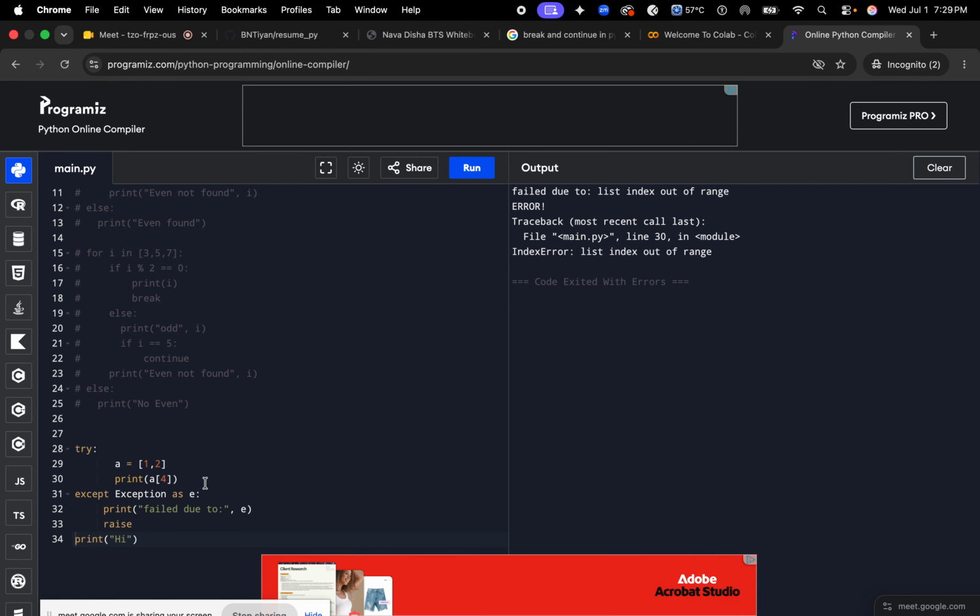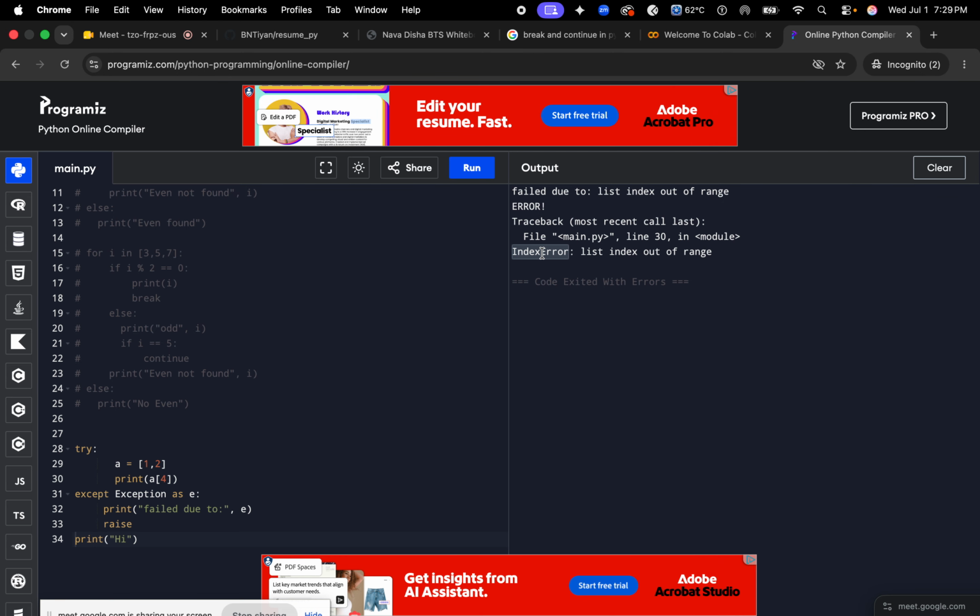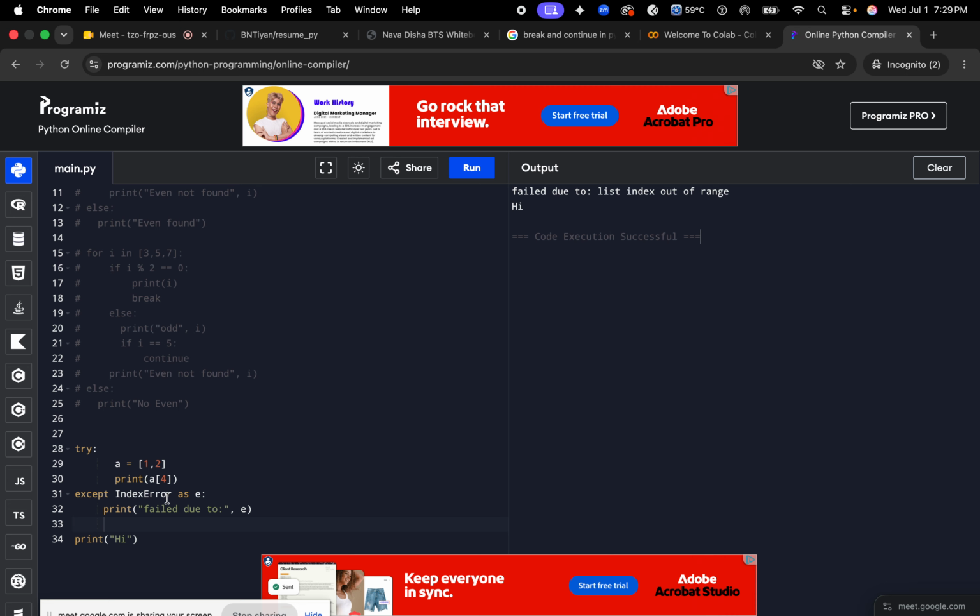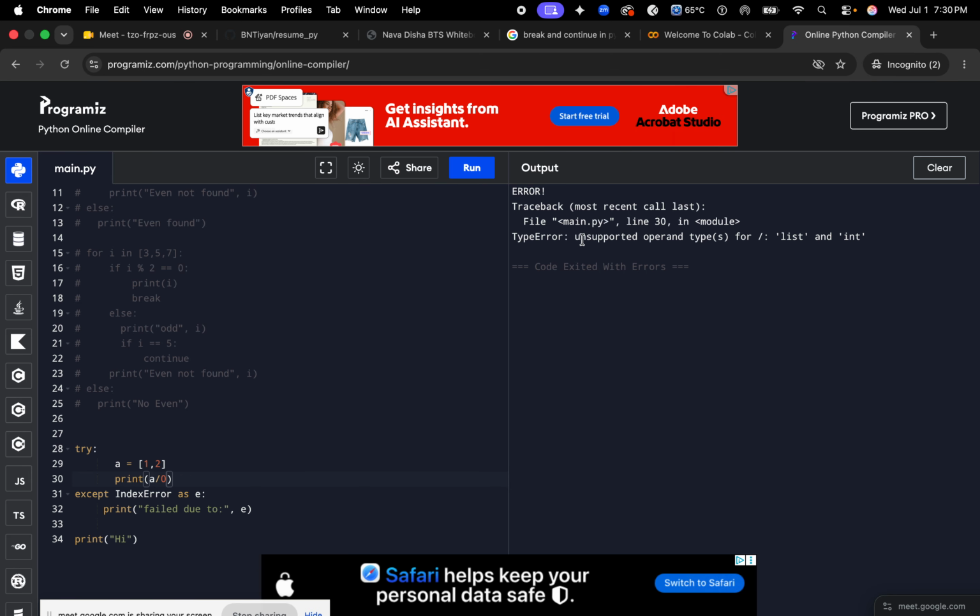So here, if you see, this is an index error, right? So instead of exception, you kept IndexError. Then you will catch that exception. Okay, for now we won't fail. But instead of an index error, you have something like divide by 0. This is like infinite, right? You cannot divide by 0. So 5 by 0, you cannot divide by 0. This is a ZeroDivisionError. So you are not catching that error, right? That's why it didn't come here. For that, if you specifically specify except ZeroDivisionError, it will go there. Or if you specify again as